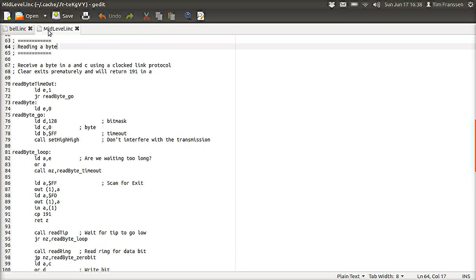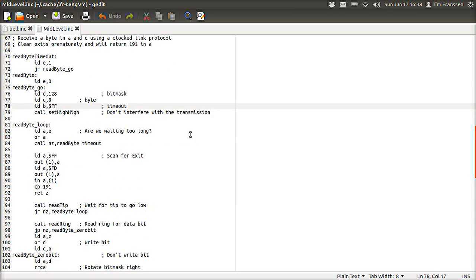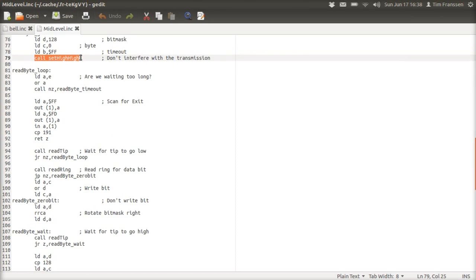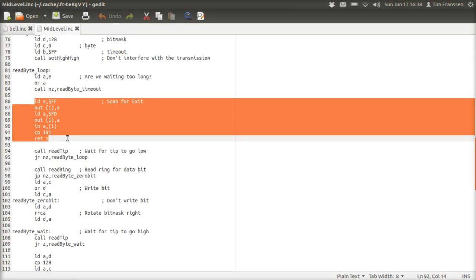Now the other way of doing it, the clap way of doing it, there is a big difference between sending and receiving. I'll show you. So let's go back to the clap file, the mid-level include file. If you're reading a byte, what we do is we have a bit mask, and we have some byte that we're going to store it in, and also we have a timeout. Now this version has another feature, and that is that you can disable the timeout, and if you disable the timeout, it will return when you press clear instead of when the timeout is hit. So again, we call high just to make sure that we're not doing anything stupid, and then here's the code that does the checking for clear to exit,